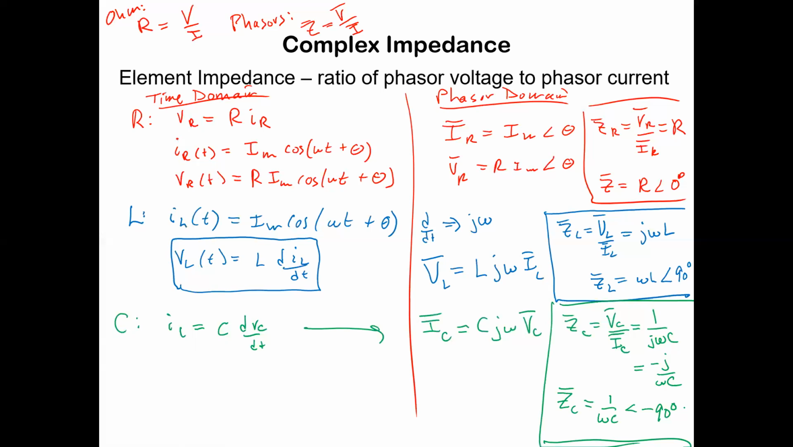Those should all be C's for the capacitor. Whatever voltage you're hitting the capacitor with, VC, it's a phasor voltage. So just like, you know,